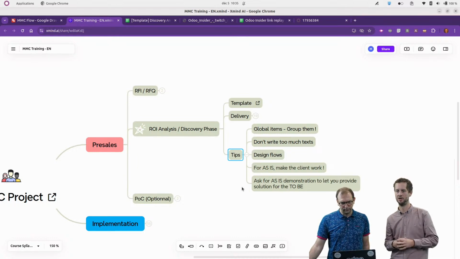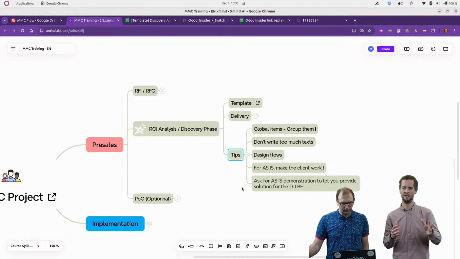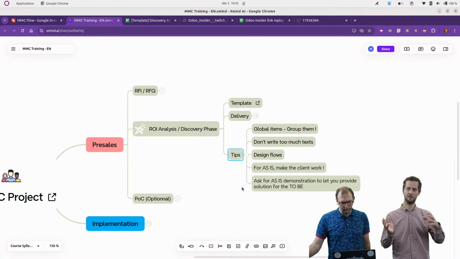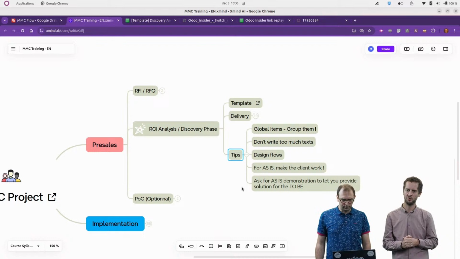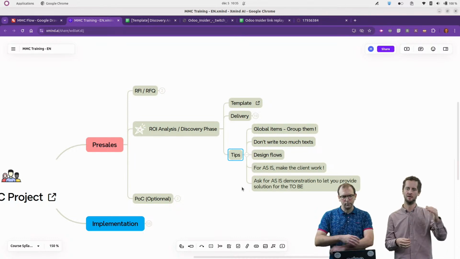And so as I said, here in the AS-IS, you ask for a demonstration. Even if the client says, "I don't want to replicate what we currently have," we should not do that, because we'll be biased and replicate the current behavior. We push the client to do that because it's important for us to understand what they do, how they do it,